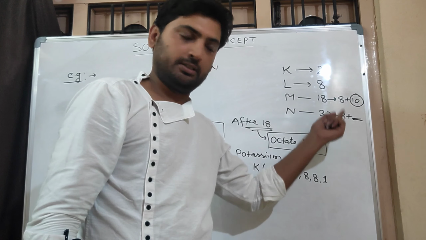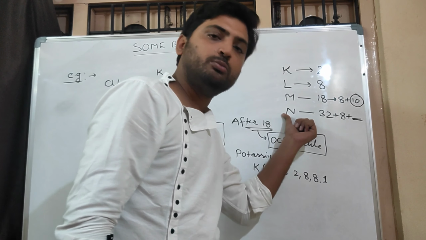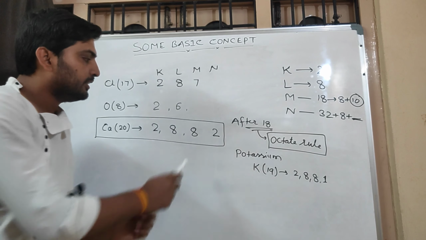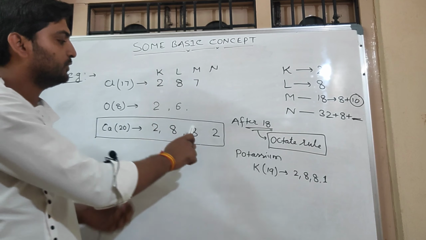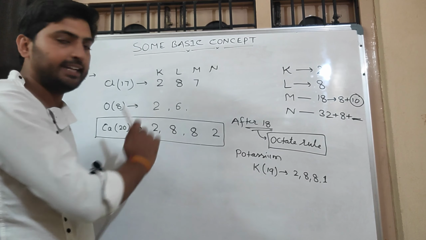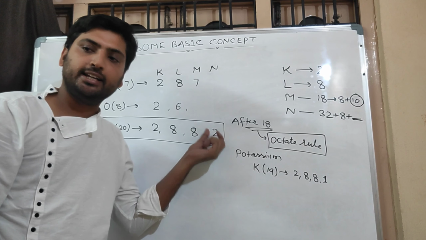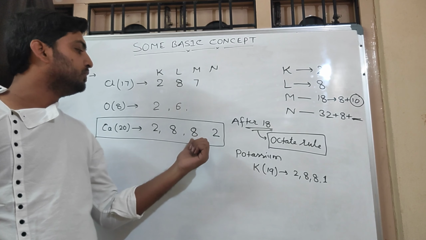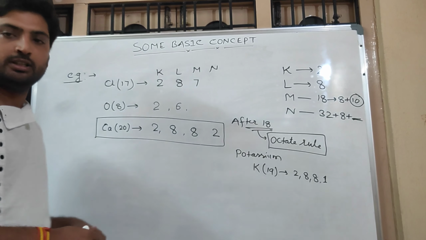You will prefer to give him a bed, so you will transfer him to the next room, N. That's why here the bed is full. We would have to sleep on the floor, so we have transferred the electron to the next shell. Okay? As soon as there are 8 electrons here, the next electron will again go into the M shell. Okay? This is the octet rule. Understood?